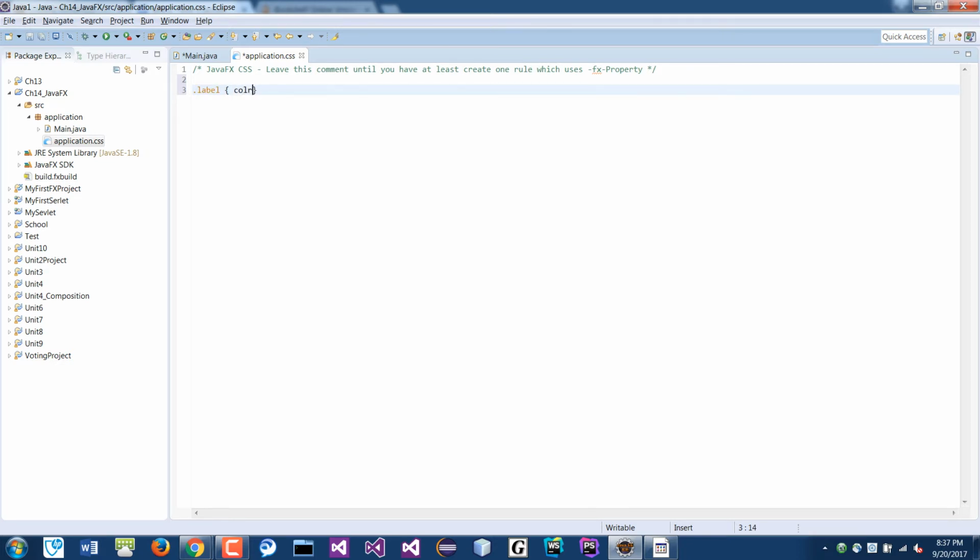If you want to put a color for the font, or for the text, you put color, and then you could put red, like pound FF0000, right, like that. Except you have to prepend it with the FX